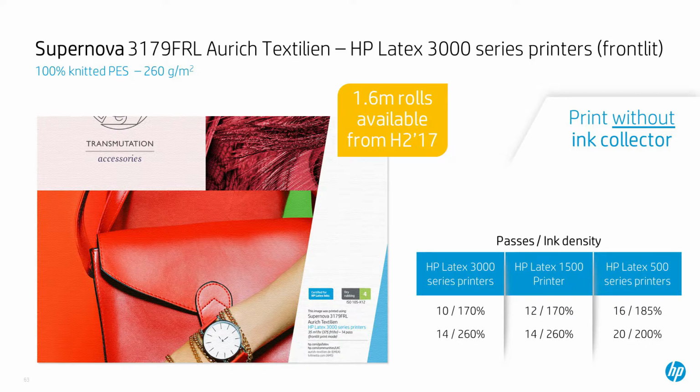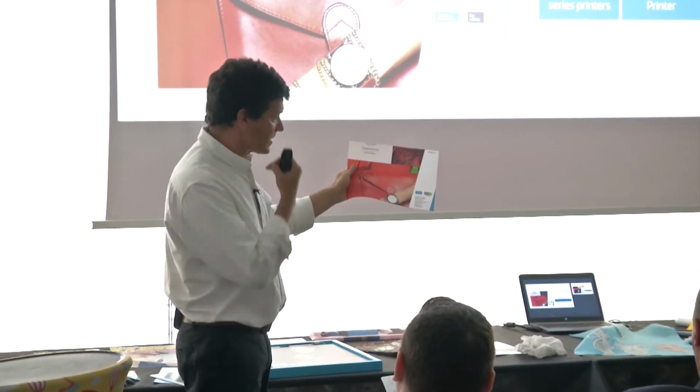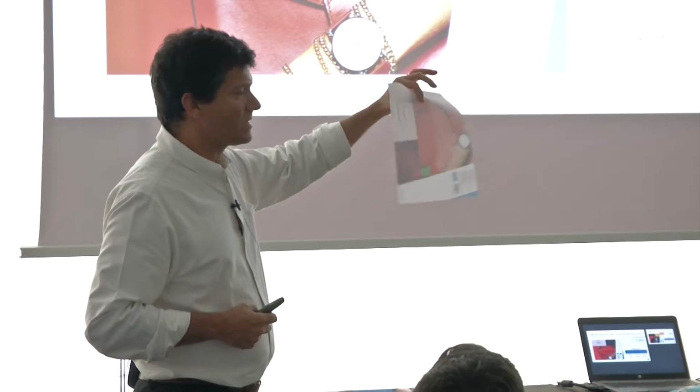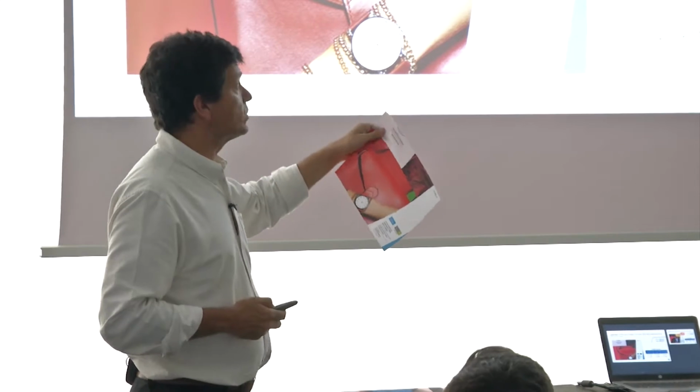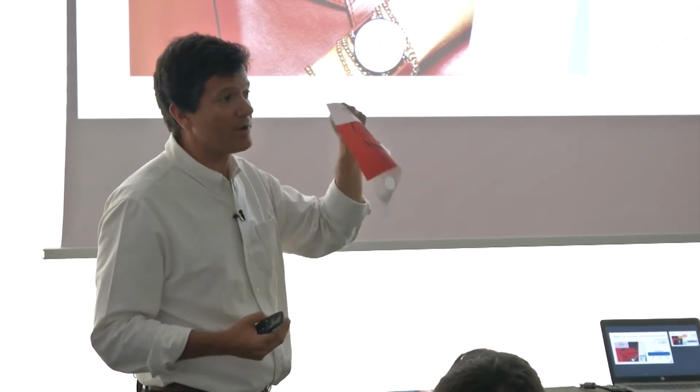The Supernova is this one over here. This one is printed with 3000. It's a little bit thicker material, to a point that with this one we don't need an ink collector. Okay, so it's the only one from the ones that you'll see today that doesn't need an ink collector. It's the thickest, it's the most expensive. In fact, this one, the Supernova,